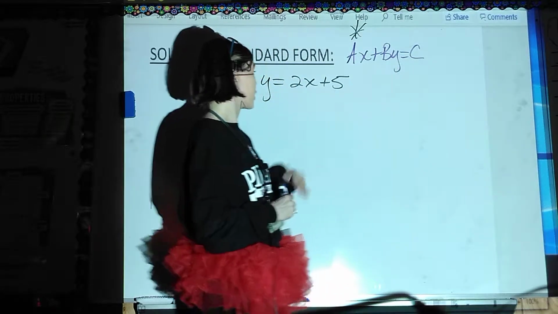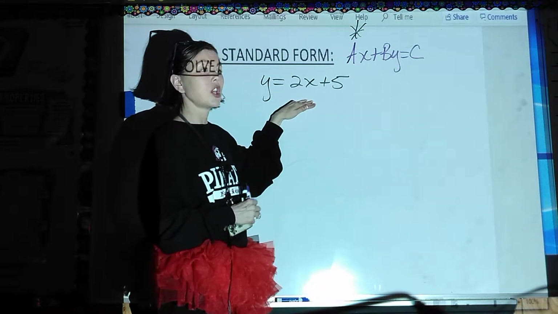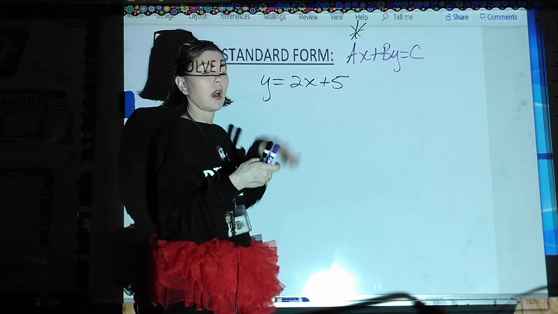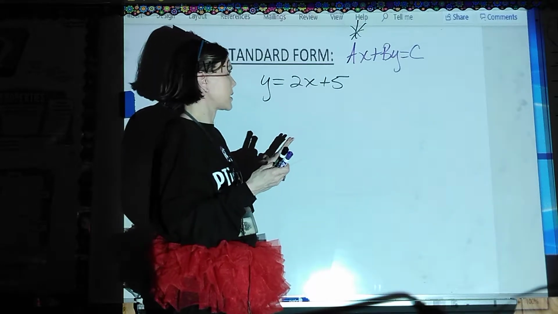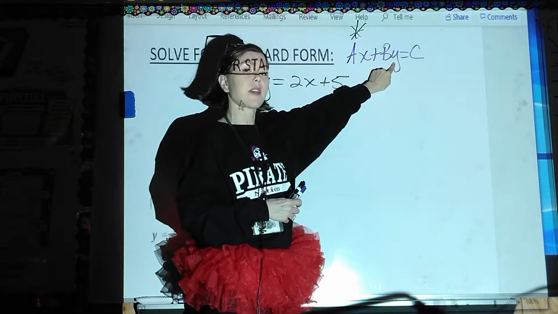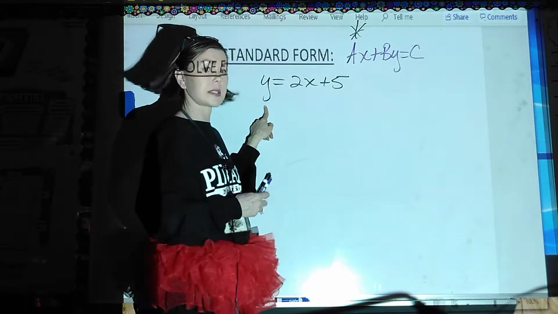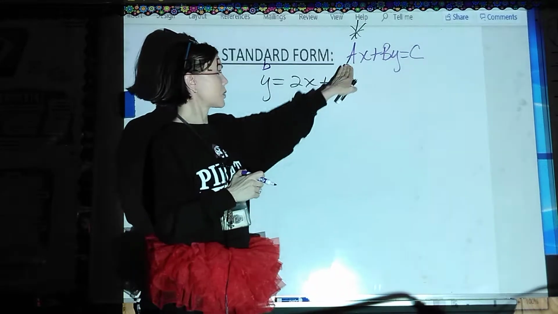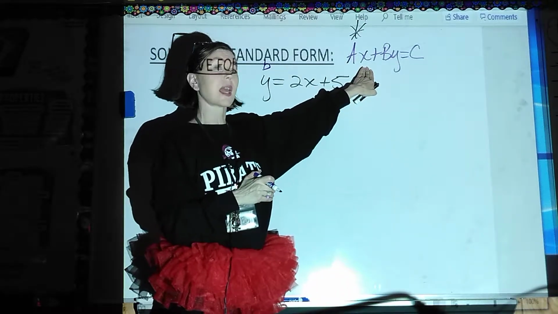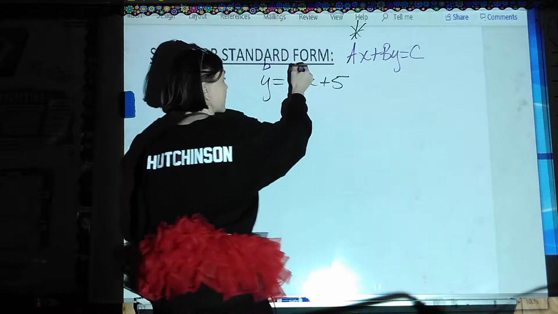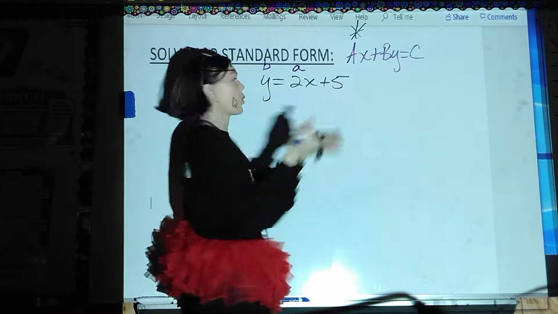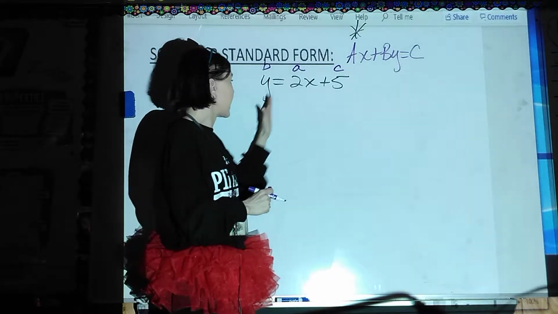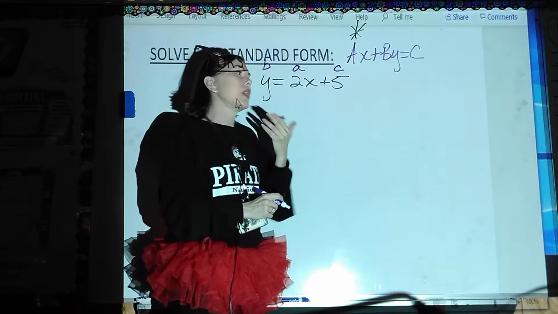So when you're looking at slope-intercept form, you have to identify what is your A, what is your B, what is your C. Whatever number is with the y value is your B term, and I see y is here, so this is my B. Whatever number is with the x variable is your A term, and I see that 2 is with the x, so this is my A. And the number, which is the y-intercept, is your C. So right now, in slope-intercept form, it's in BAC form, and we need it to be in